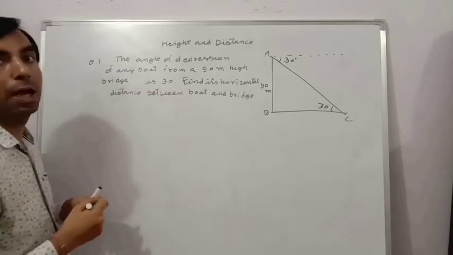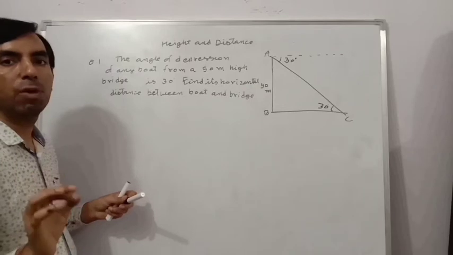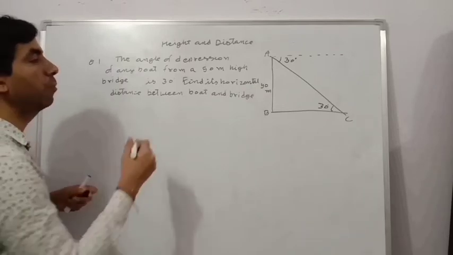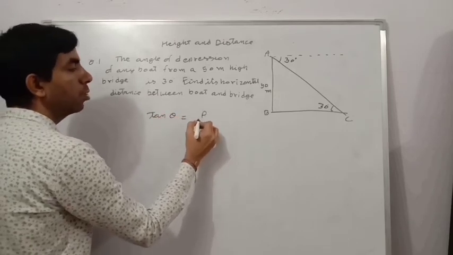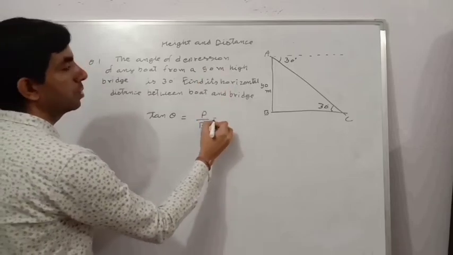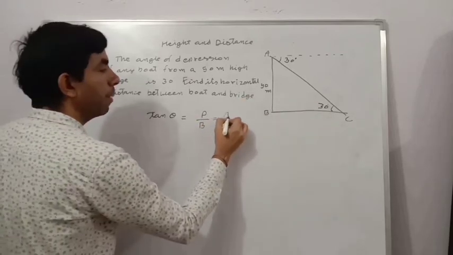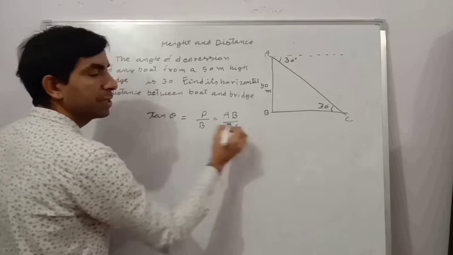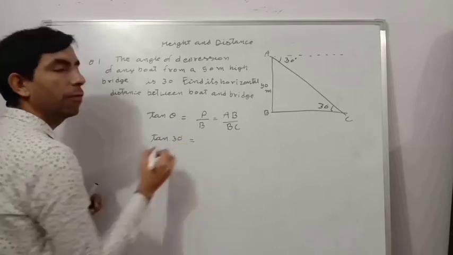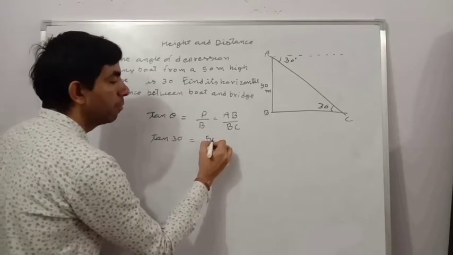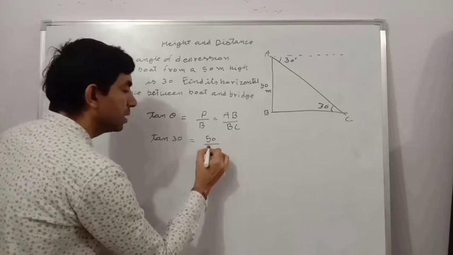So now we take the angle. Here we are talking about perpendicular and base, and for perpendicular and base we have only tan. So take the formula of tan 30. Tan theta is equal to perpendicular upon base. Here the side opposite the angle is the perpendicular and the adjacent side is the base. So AB is the perpendicular and BC is the base. Write the values: tan 30 equal to AB, which is 50 meters, and we do not have the value of BC, so write it as it is.